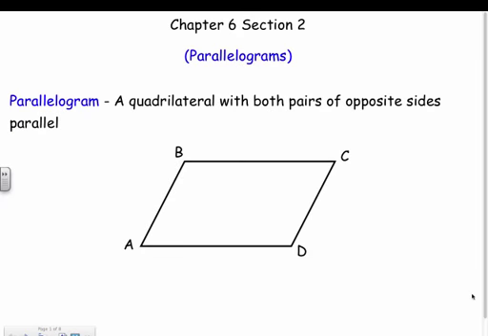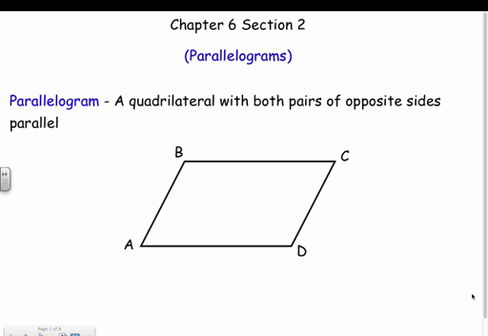First things first, getting into quadrilaterals, we have to talk about one of the most basic ones, which is a parallelogram. Parallelograms make up a lot of different things. They make up rectangles. They make up squares. So what you need to know about a parallelogram is that it has opposite sides that are parallel, hence the